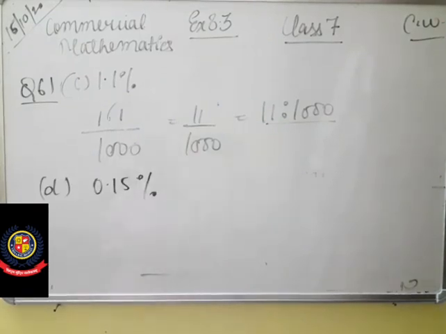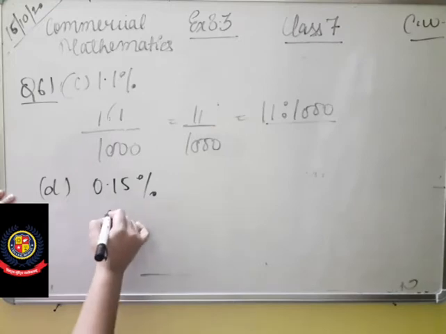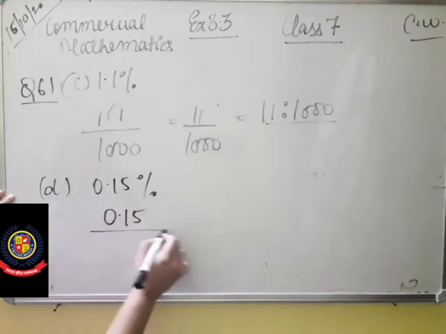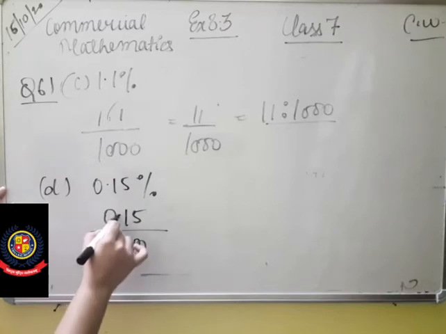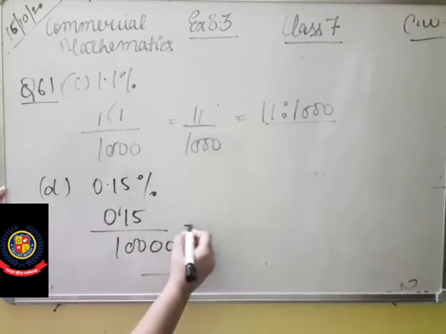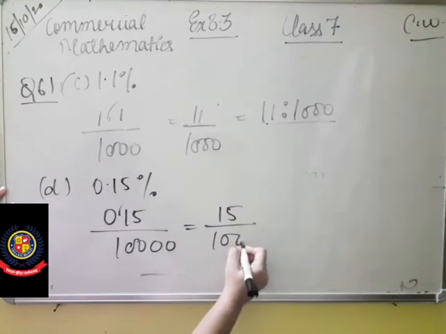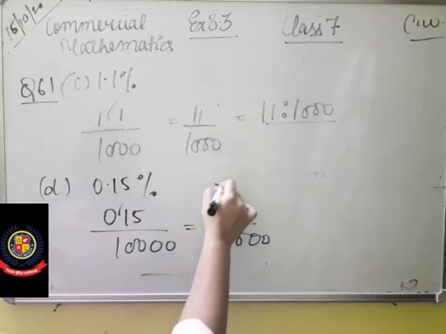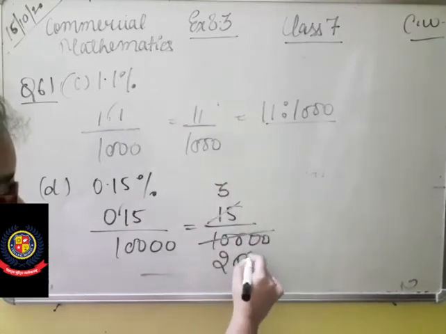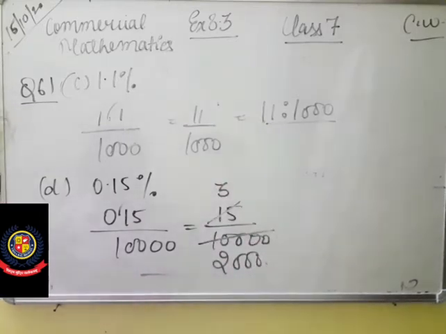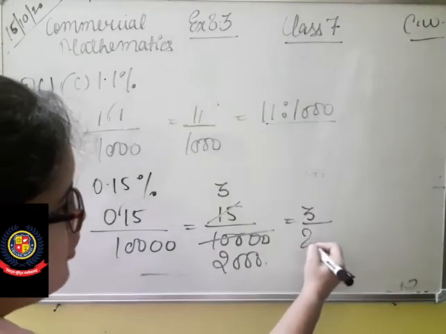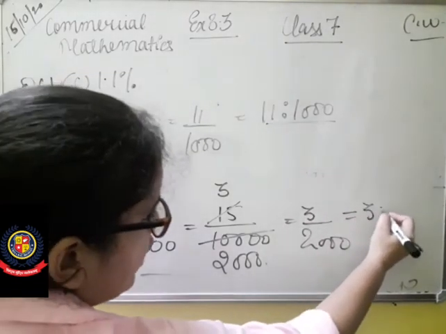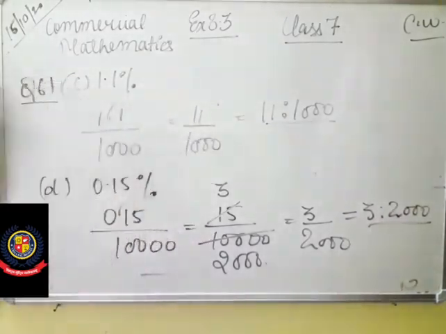Now students, you have to do 0.15%. You have to convert it into the ratio. Same process. Remove this percentage and write 100 under it. When you remove this point, you will write 2 zeros more. So this is 15 upon 10,000. Now if you look over here, students, you can see that 15 and 10,000 both can be divided by the table of 5. So 5 3s are 15, 5 2s are 10, and you will get 2000 at the denominator. So what is the answer? 3 by 2000. So convert it into ratio. 3 ratio 2000 is the answer. Is that clear?